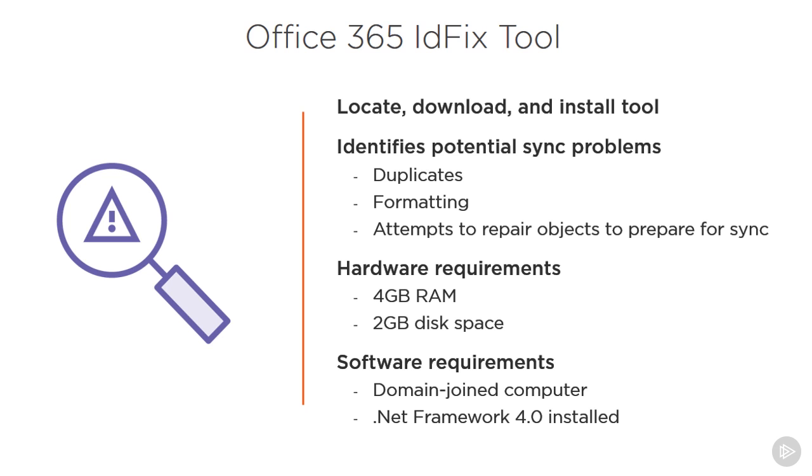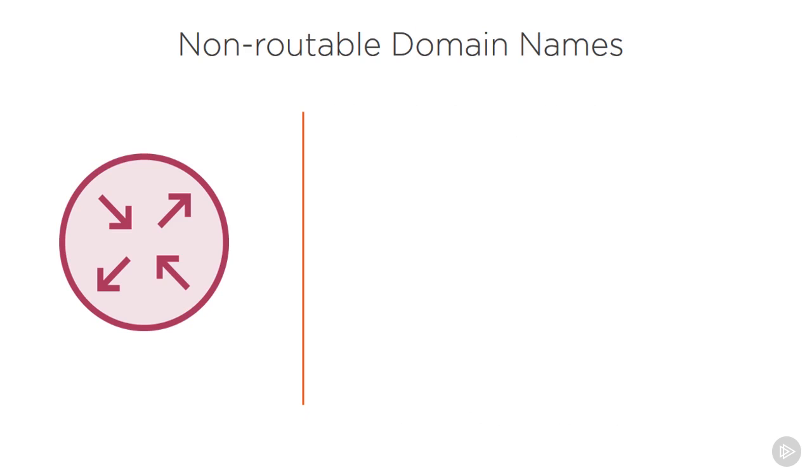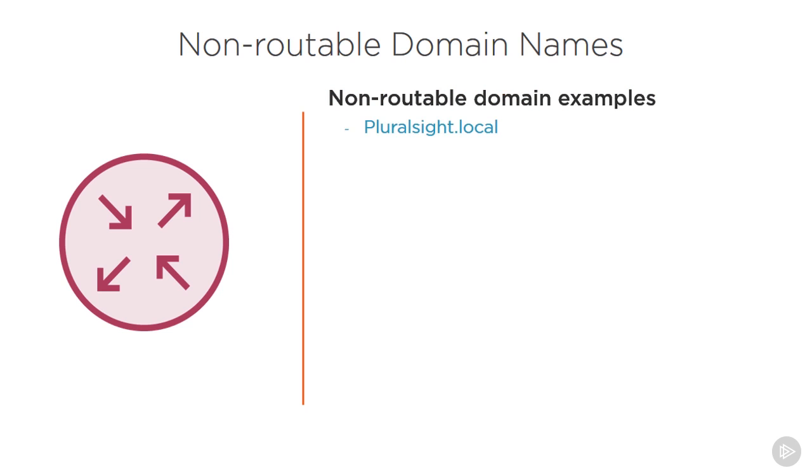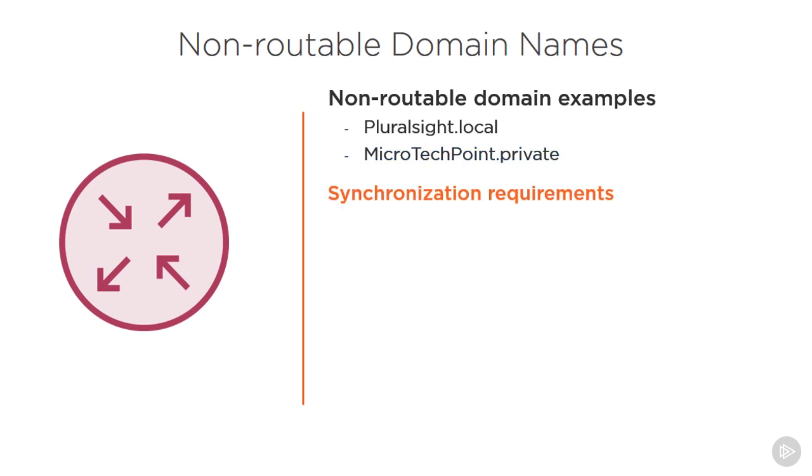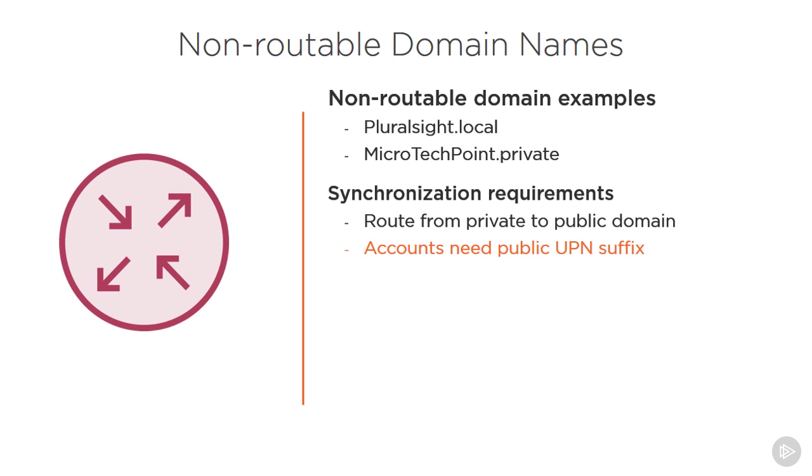Now, I mentioned previously that not every domain can synchronize. Those are the non-routable domain names. A couple of examples of these, as you can see here, are pluralsight.local or microtechpoint.private. If you type either of these in and attempt to use DNS to resolve these names, it's not going to happen. So what we need to do is make sure we have the synchronization requirements, and that is the ability to route from a private to a public domain,